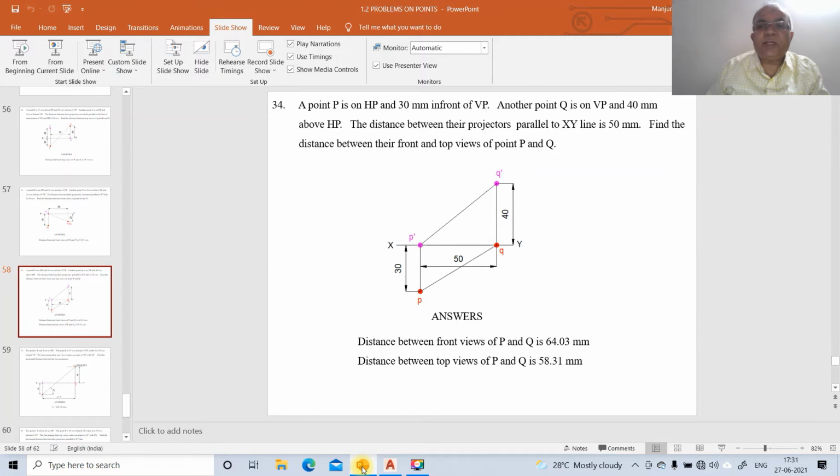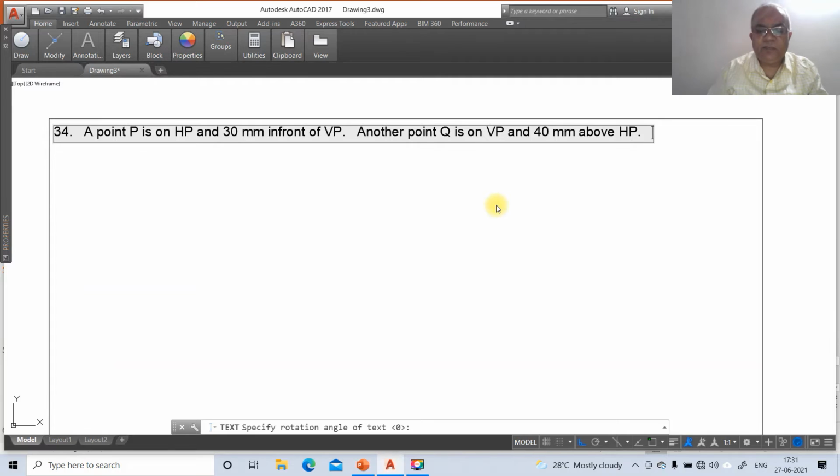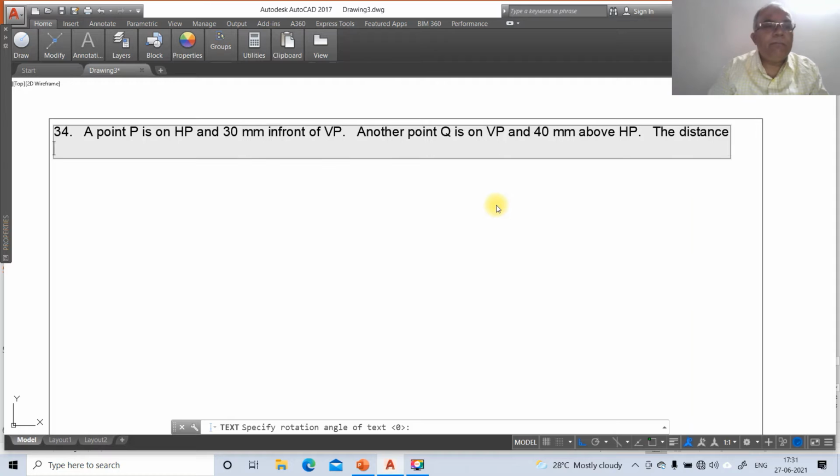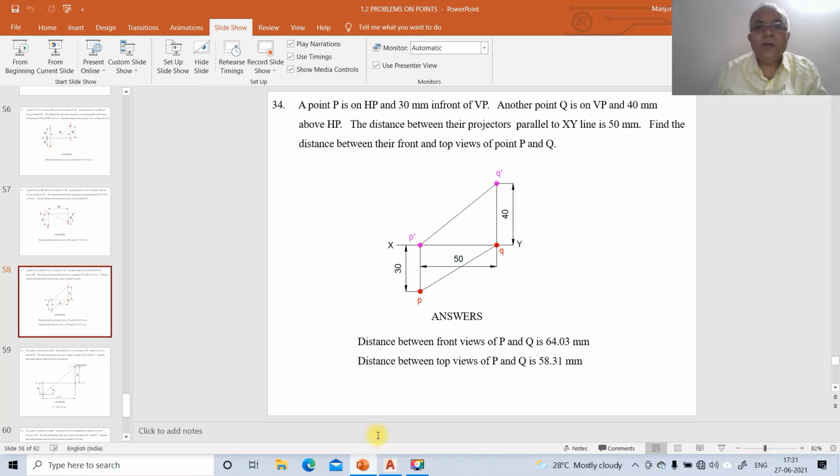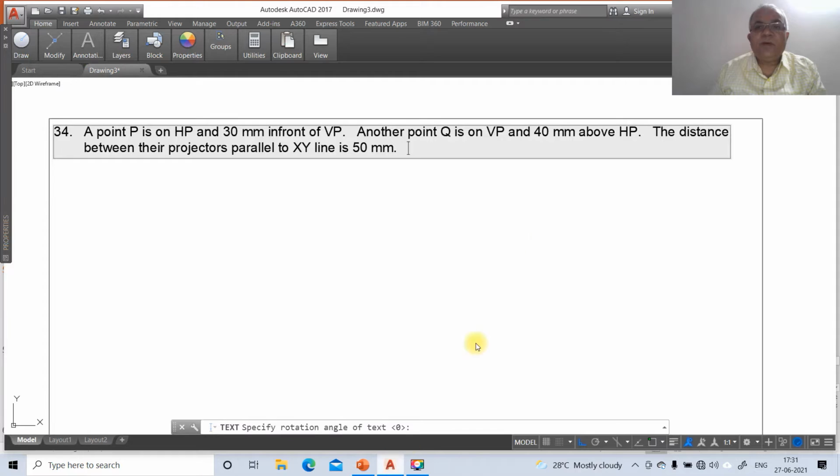The distance between their projectors parallel to XY line is 50 mm. Find the distance between the front and top views